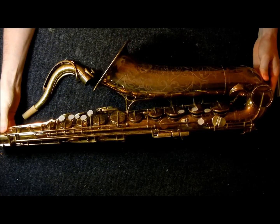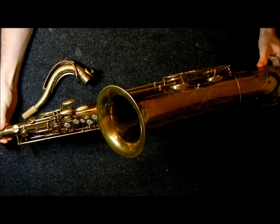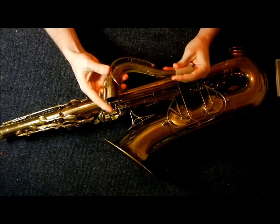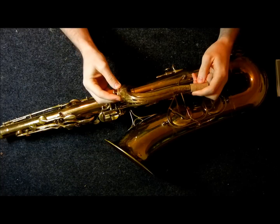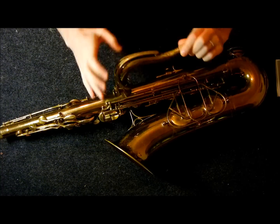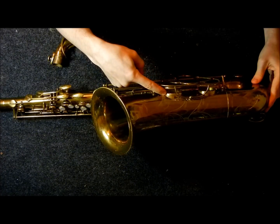Now, the Martin Band Instrument Company, different from Martin Guitars, was based in Elkhart, Indiana from 1905 to 1971 when they got bought out by LeBlanc, who then used the Martin name to have some saxophones brought into the country that were made by Yanagisawa in Tokyo, Japan. So some Martins are actually Yanagisawas. But most Martins are Martins, and the easiest way to tell is to look for the soldered on beveled tone